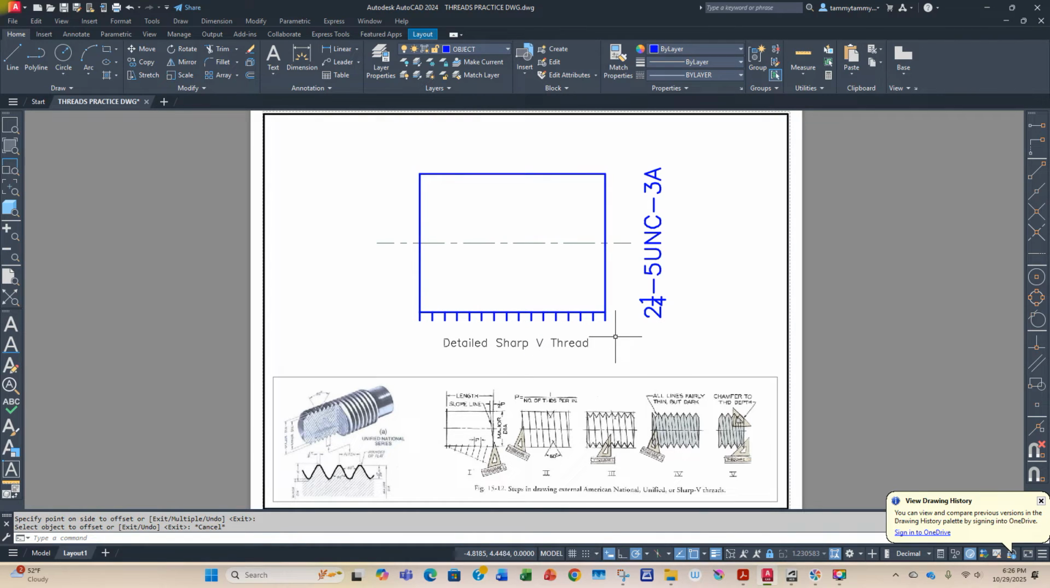Now, on our little cheat sheet, it says half of the pitch. If your pitch is 1/5, half of the pitch would be 1/10. Again, let's make ourselves a little tick so we can offset 1/10, which is half of 1/5. You do that one time. Then we're going to offset the pitch the rest of the way across. Our pitch is 1/5, so we're just going to offset that over